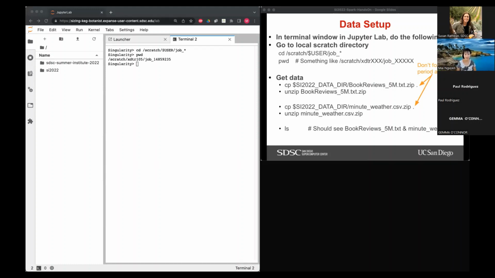Okay, so do an ls. Do you see something that looks like SDSC Summer Institute 2022? Oh no, I think I cleared it out. I was following someone remove something and maybe I accidentally deleted it. Okay, so clone it again. Yeah, git clone.